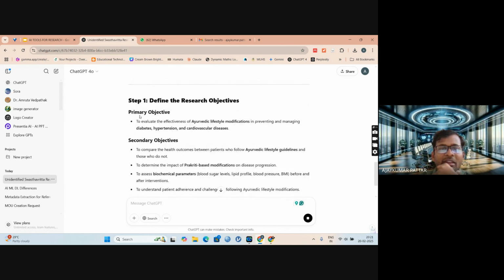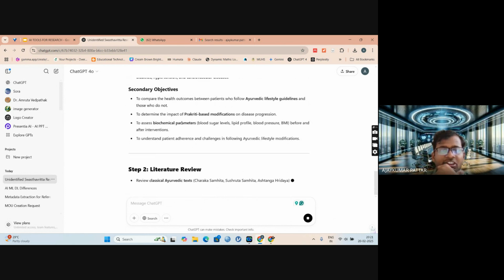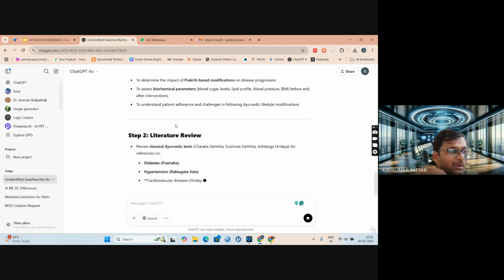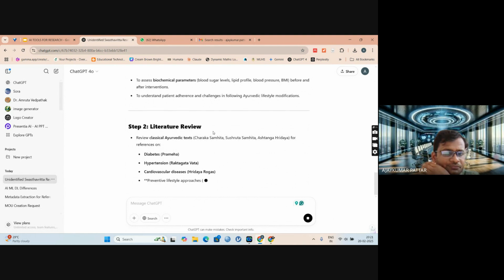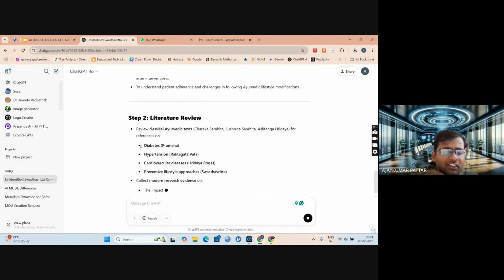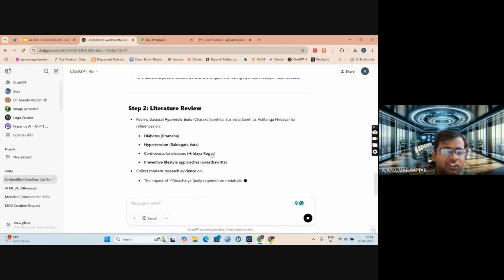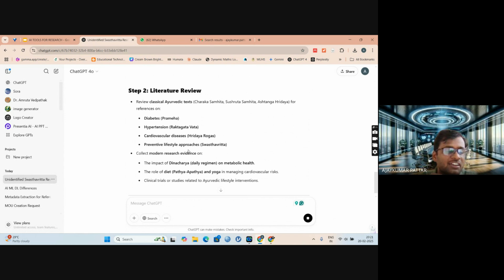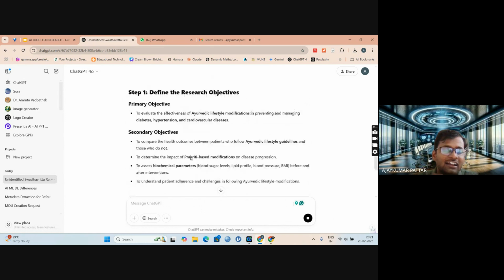Then primary objectives and secondary objectives. It is giving a broader idea, so you have to narrow it down step by step according to your needs. It is giving everything: prameha, hypertension, cardiovascular. Because we are not asking specifically for any one disease, it is giving a general outcome.